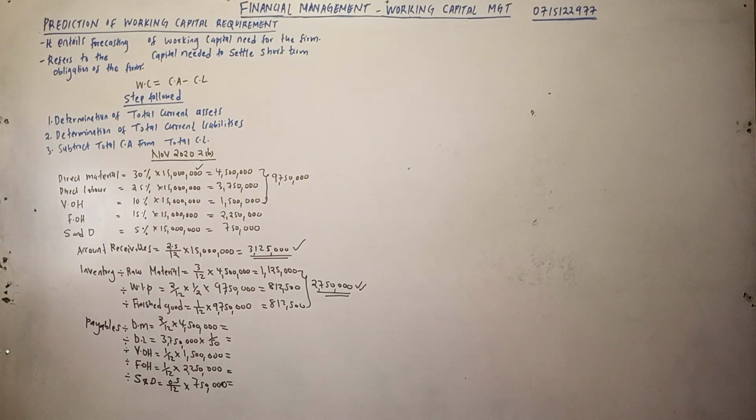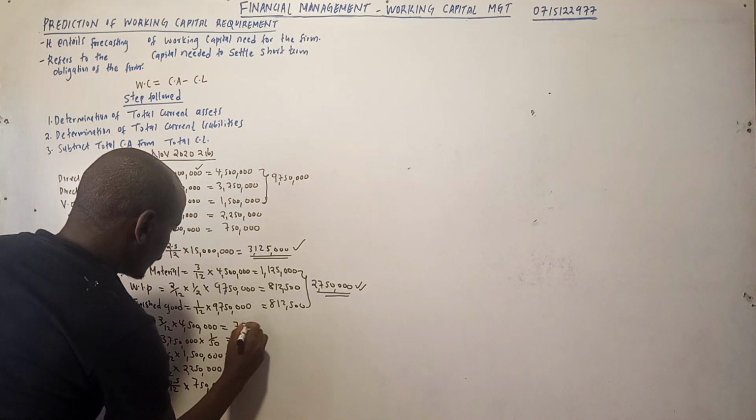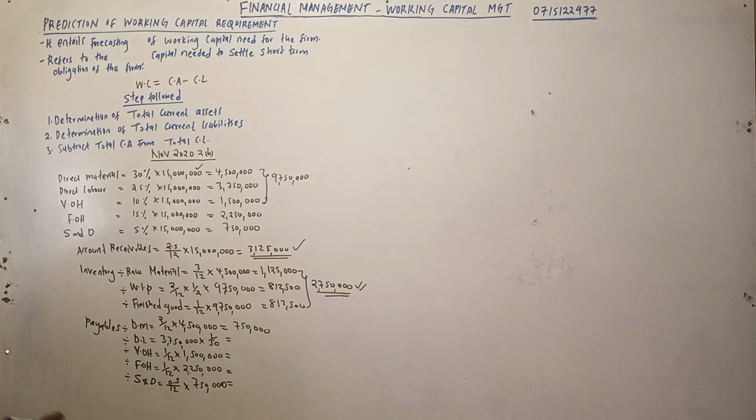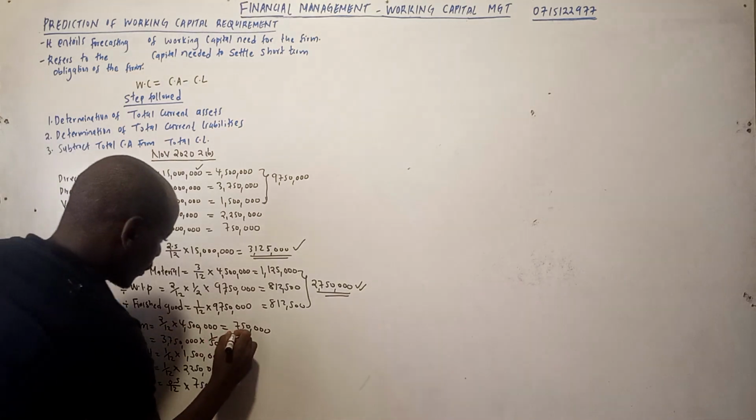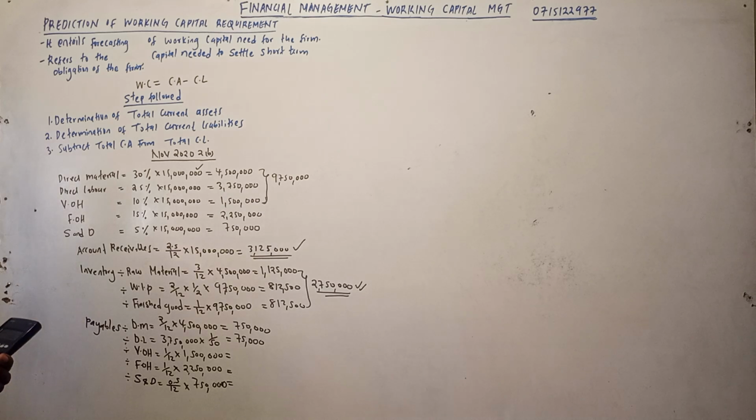So let's complete that. So 2/12 times 4,500,000 gives us 750,000. So 750,000. 1/50 times that is 75,000. 1/12 times 1,500,